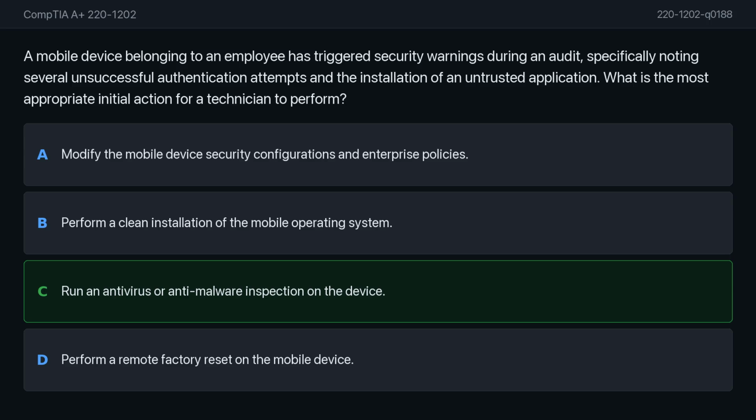In my view, the correct answer is option C, run an antivirus or anti-malware inspection on the device. When a security incident involving an unverified application and suspicious activity occurs on a mobile device, the first logical step is to determine the scope and nature of the threat. Scanning for malware is the standard troubleshooting procedure to identify if the unverified application is malicious and if it has